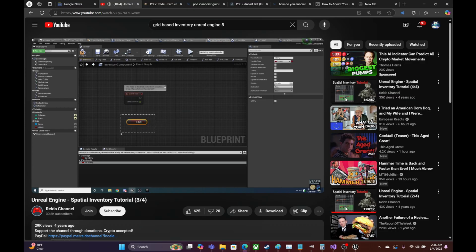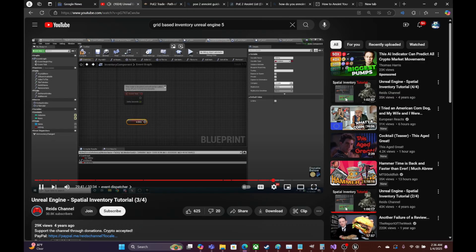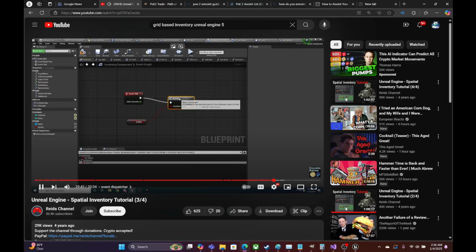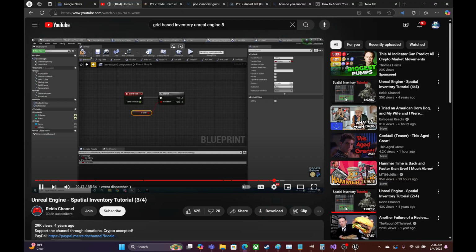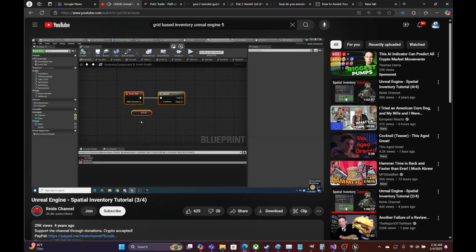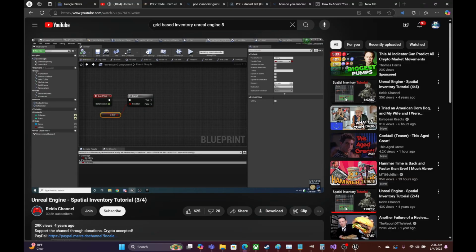So this is essentially going to be true whenever the inventory has changed. So in the event tick, we just want to check if this flag is set, which of course most of the time it won't be set, because most of the time your inventory won't change. But whenever you do pick up something, it will be set to true. And so